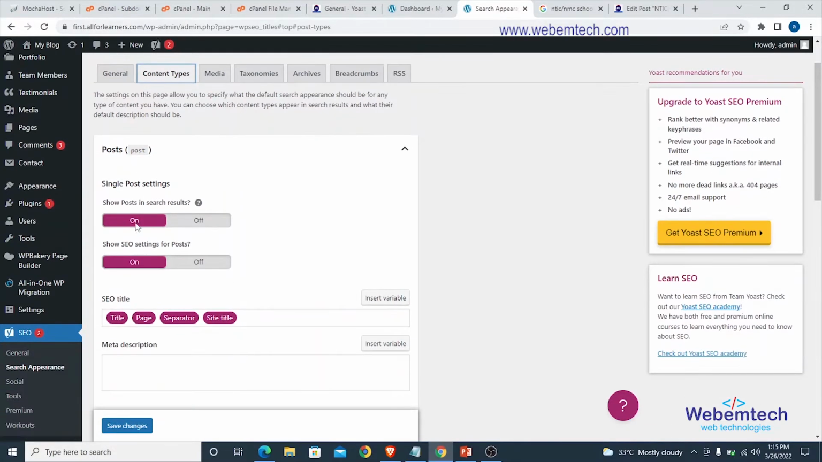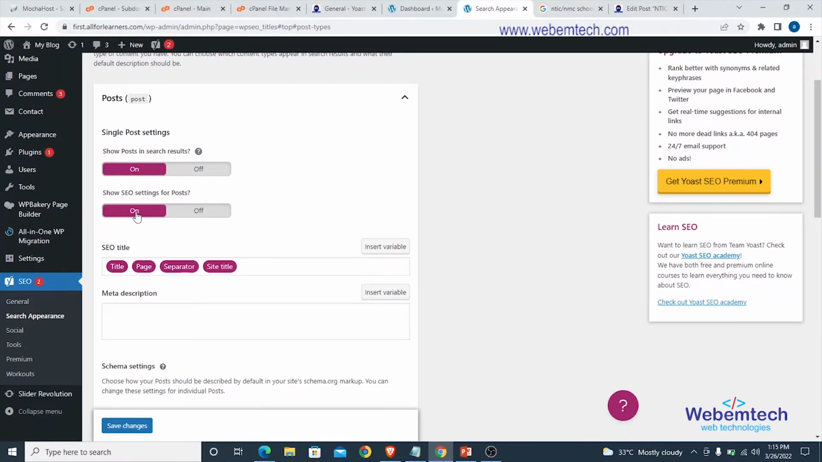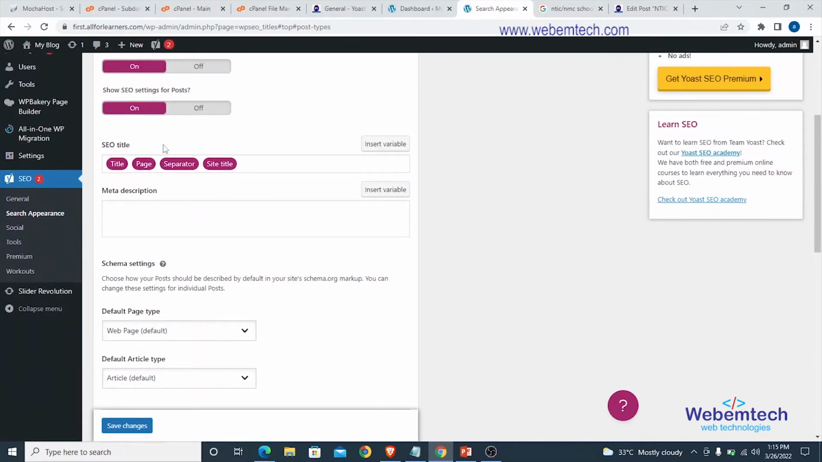All right, right here we have the post. You can set the post right here. You can see this is single post settings. It's necessary you turn this on. Then right here, this is the SEO title. Very important. You can specify your SEO title in the sense that right here you have the title of the